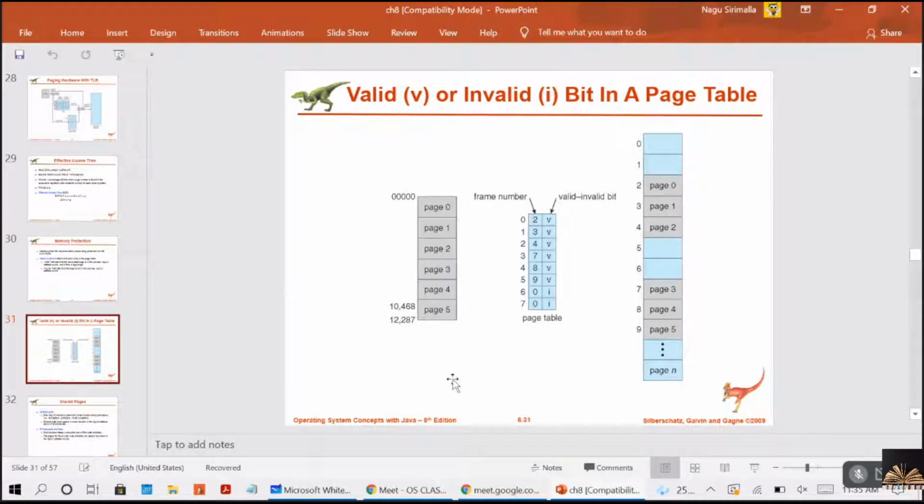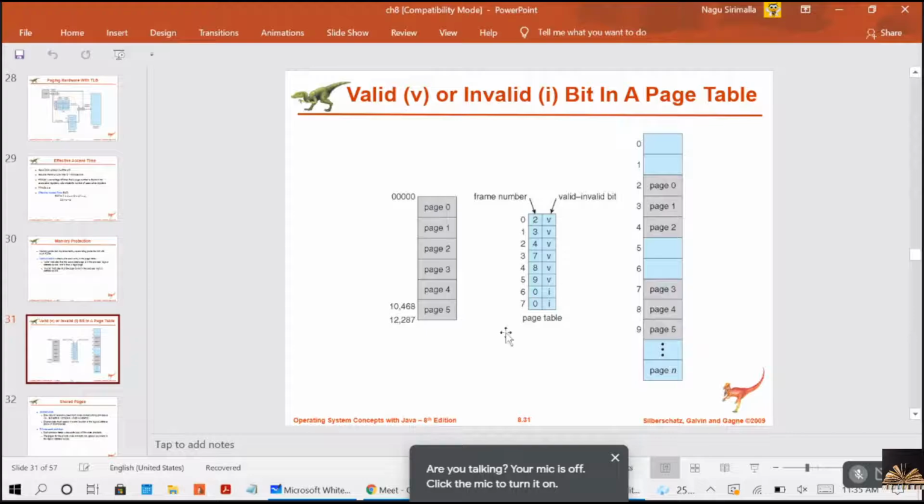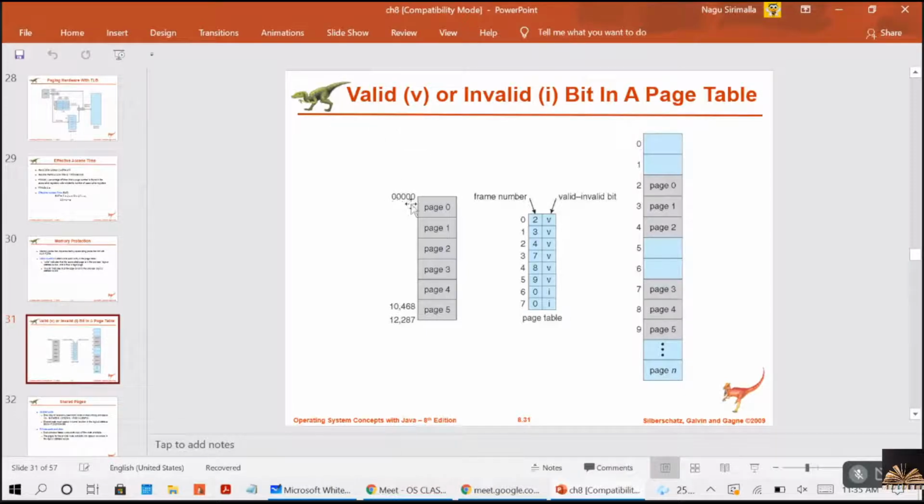A one-bit valid-invalid bit is attached to each entry in the page table. When the bit is set to valid, it is a legal page. When the bit is set to invalid, as for 6 and 7, the page is not in the process's logical address space. They do not belong to this process and are not in the range 0 to 12,287.